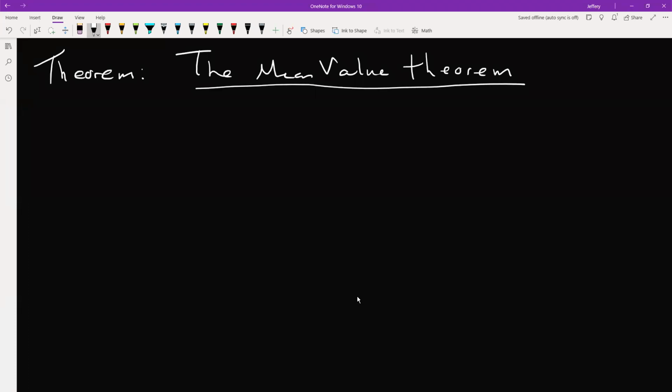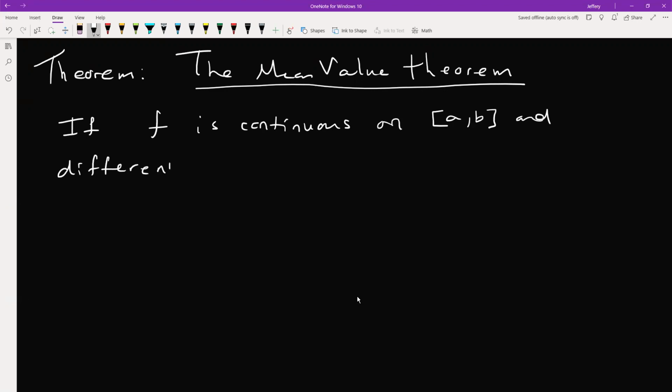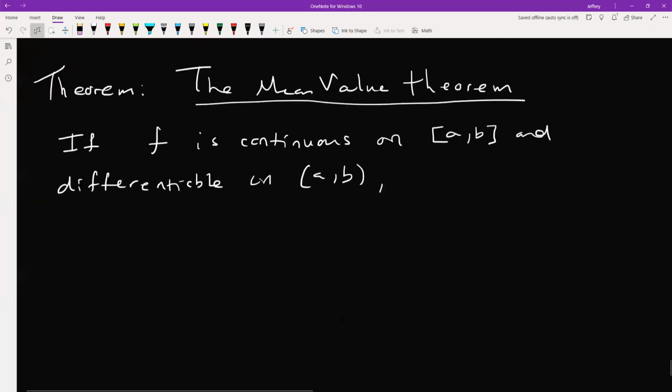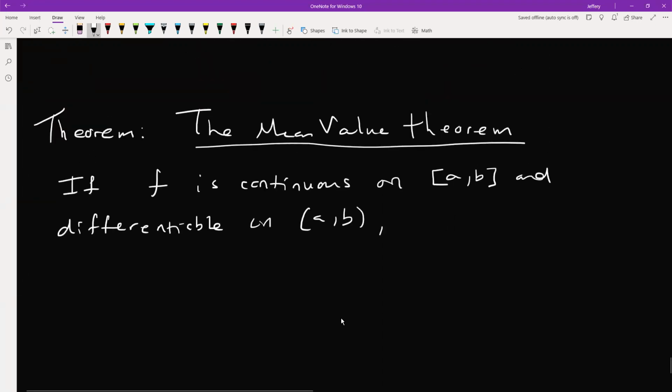this time we're only talking about one function. So we're going to say if f, so this is like the same theorem you're used to in calculus. If f is continuous on closed interval from a to b, and it's differentiable on the open interval from a to b, then, so these are our two conditions, very simple. F is continuous on the closed interval from a to b, f is differentiable on the open interval from a to b. Then the conclusion is that,